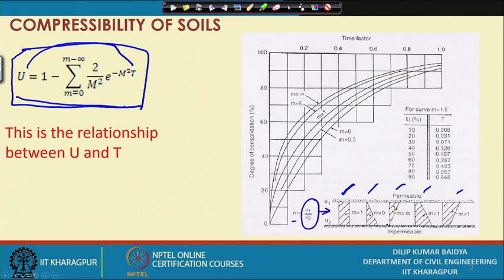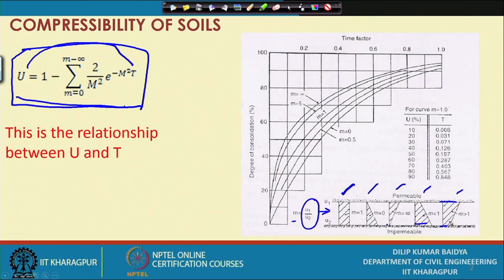Then we will get another set of relationships. In the normal case of embankment loading, you will have a lesser value of pore pressure at the top and more at depth, so m is less than 1. If I apply that, you will get another set of solutions. And where a thick layer is there, the pore pressure will be maximum here and very small at a greater depth. In that case the ratio of these two pressures, defined as m, will be greater than 1.